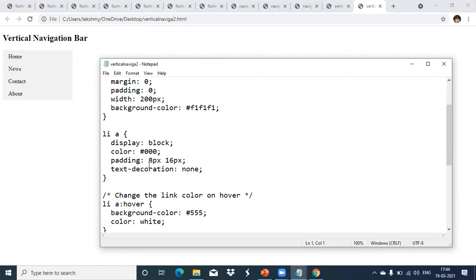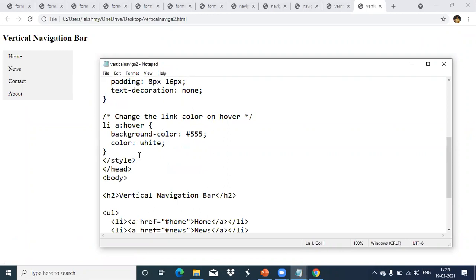Now when I keep the mouse over each link, the color is changing. So that is another property we have specified there. Hover means when we keep the mouse over the link, the color changes into this particular one. One more property we have set: the background of each link changes into that particular color, plus the foreground color changes into white. Like this, styles we have added.